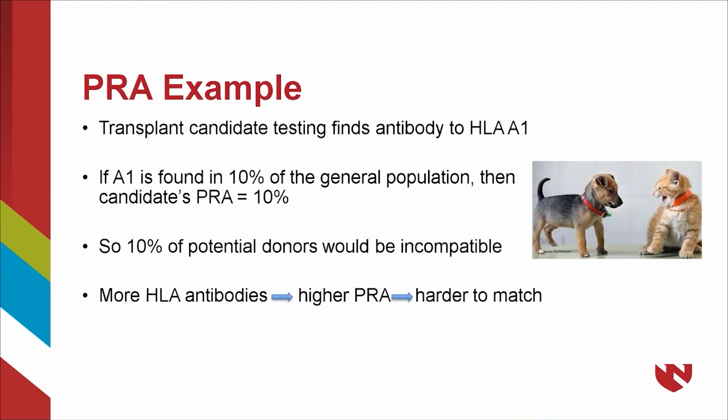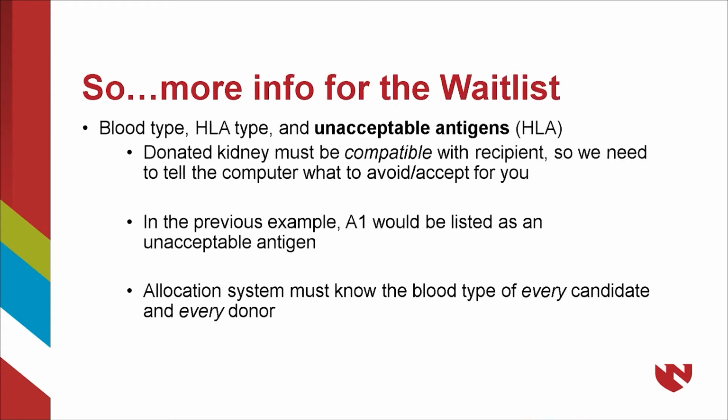The more HLA antibodies an individual has, the higher the PRA, and therefore the harder to match. And why does this matter? That matters because it means that individuals are more likely to wait longer on the waiting list before a compatible kidney can be found. So now we have more information that we need to include as we put people on